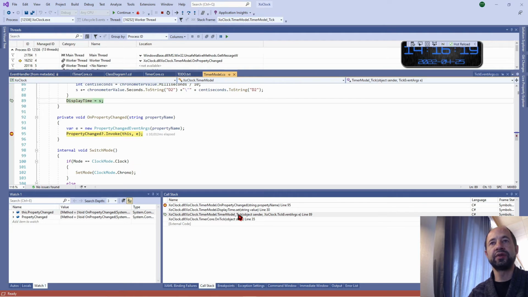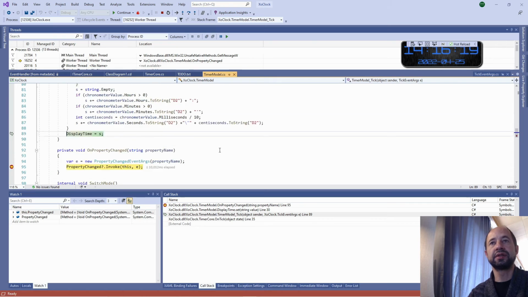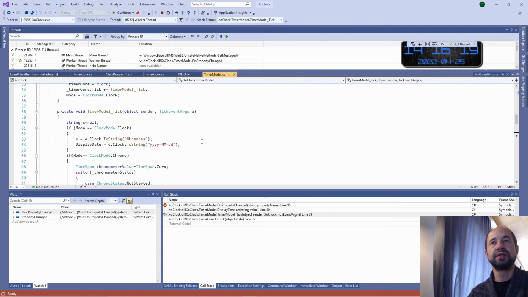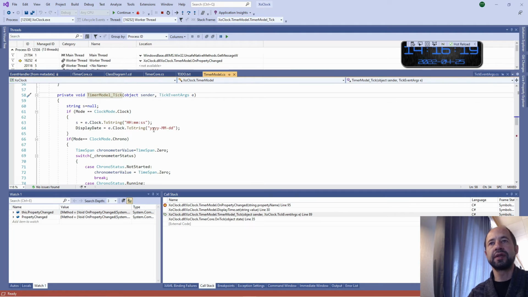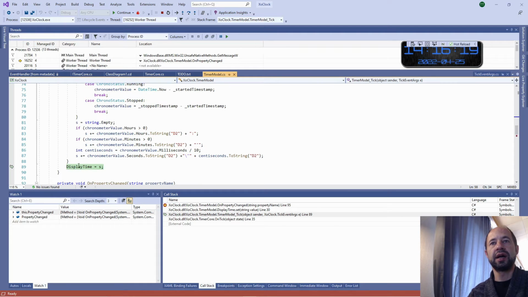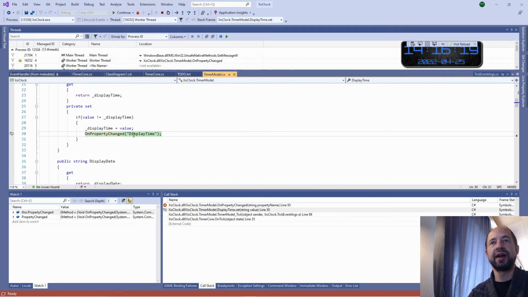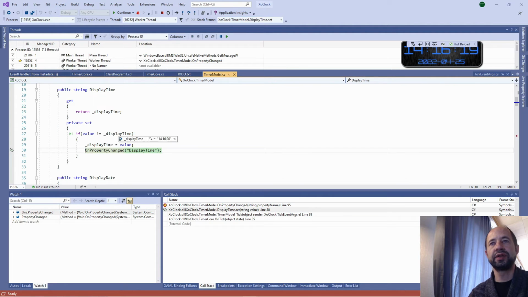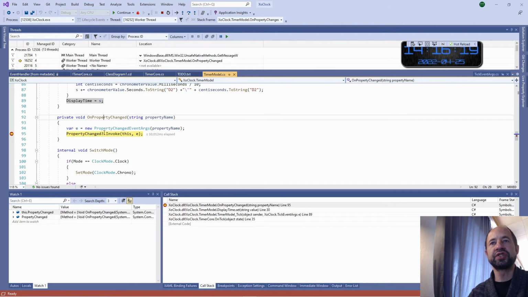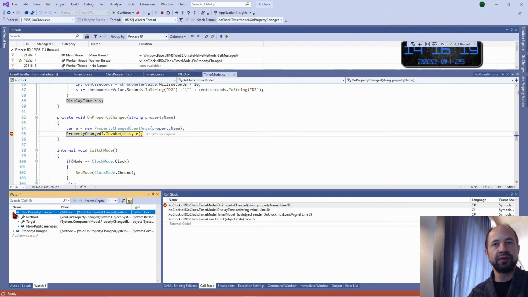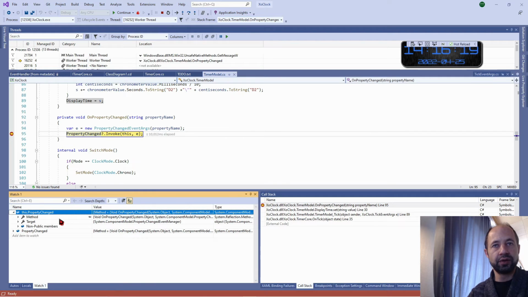Then timer model tick, which is defined here, and it is saying here I am updating the property display time, and I set the property because the value is different. I trigger the onProperty change, which is then handled, you see here, by the Windows handler.